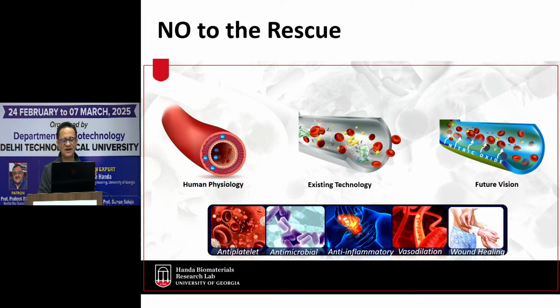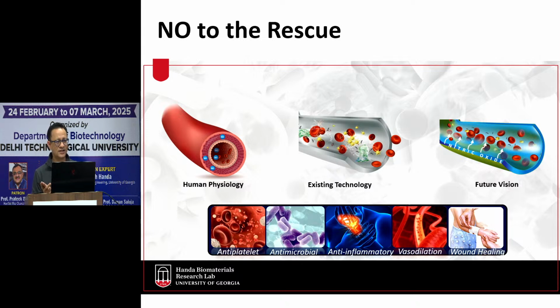So our body is using this, it's our physiology to fight clotting and infection. Existing technologies have antibiotics, silver, heparin, a lot of these different technologies trying to fight clotting and infection. First of all, you can either fight clotting or infection, nothing is fighting both, right? Antibiotics cannot fight clotting, heparin cannot fight infection, right? Plus, antibiotics are learning to not die from the bacteria, they are developing resistance. Antibiotics cannot penetrate biofilms, so even with antibiotics, infection is still happening. With heparin, clotting is still happening to some extent. And there is 5% population which is allergic to heparin, and it can cause HIT or heparin-induced thrombocytopenia in those